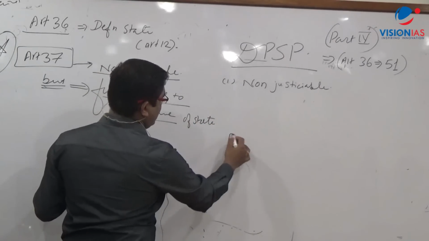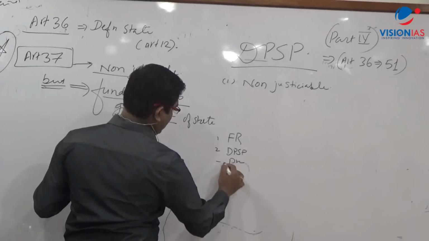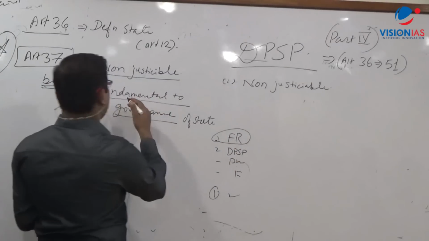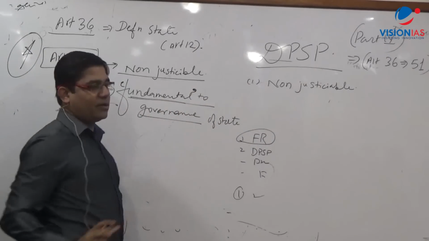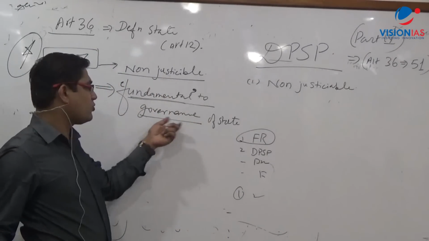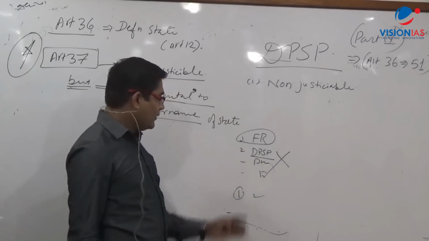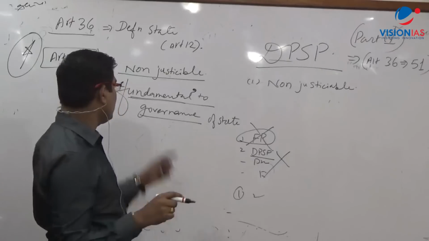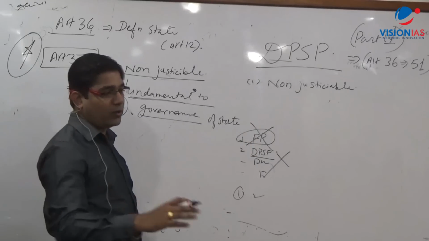Fundamental to governance of state is fundamental rights, directive principles of state policy, DPSP, preamble and duties, और फिर यहाँ था. लोगों को तो पहले तो ये था कि फंडामेंटल वर्ड इतना ही लिखा था. Okay, which one of the following as per the constitution is fundamental to the governance of India? तो लोगों को कंफ्यूज हुआ डीपीएसपी करूं या नहीं, डीपीएसपी तो पहले काट दिया, फंडामेंटल वर्ड नहीं है. द क्वेश्चन वाज एज पर द कॉन्स्टिट्यूशन, और ये कैच फ्रेज वैसे का वैसे लिया था कॉन्स्टिट्यूशन का कि विच आर फंडामेंटल टू द गवर्नेंस ऑफ स्टेट. सो इट इज अ डायरेक्टिव प्रिंसिपल्स,